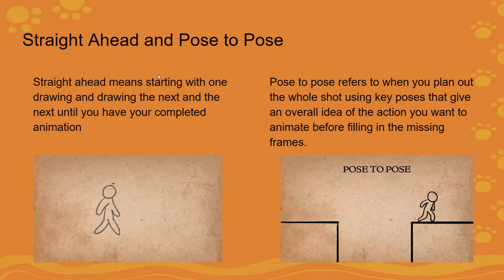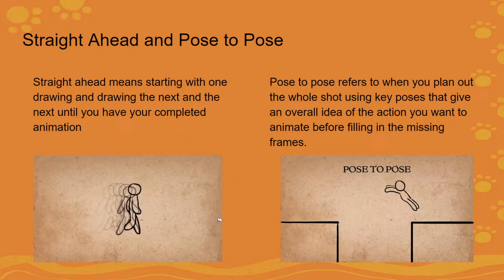Okay, cool. So straight ahead and pose to pose. So these are two different approaches you can use for actually animating. So most people start off straight ahead, and it's a workable method, but it does have some drawbacks. So straight ahead refers to starting with one drawing, then drawing the next and the next until you've completed your animation. The reason that this can be a tricky one to work with is because you're going straight ahead, you actually lose track